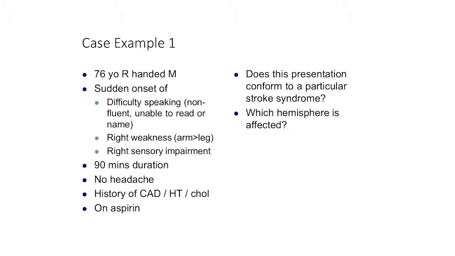So he's having evidence of motor weakness. That's a weakness in the arm more than the leg, and also sensory weakness. There's also a history of difficulty speaking, being unfluent. So with the motor involvement, being on the right, thinking the left,